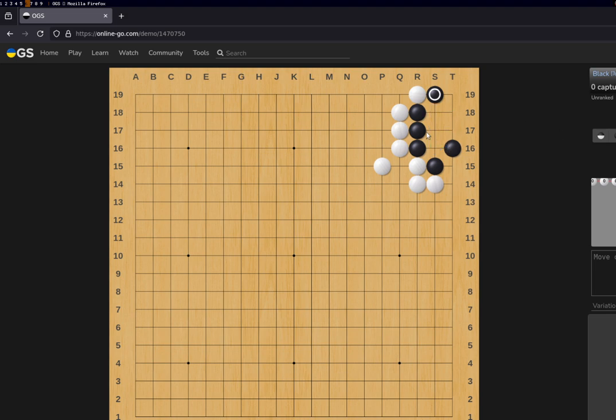Right? But this one, I mean, you just got to kill it right now. So you do. And you fire here, for instance. Okay. Now, black's going to play in here, and we're going to pick temporarily this move. And I just want to go into this a little bit, because